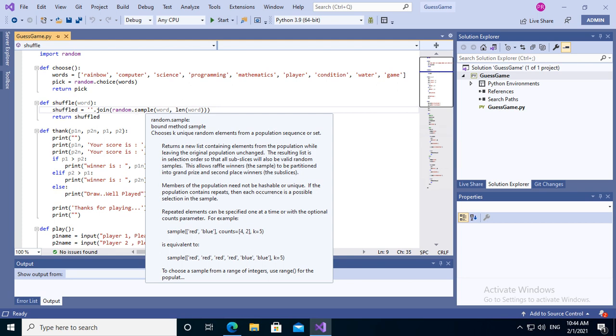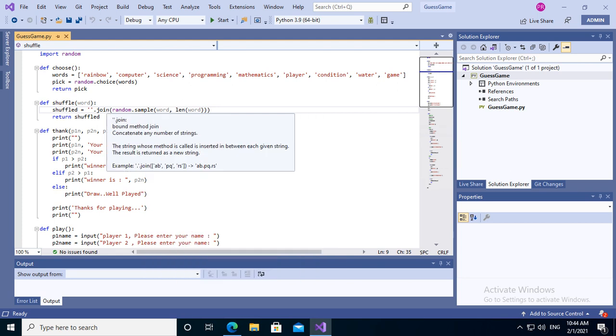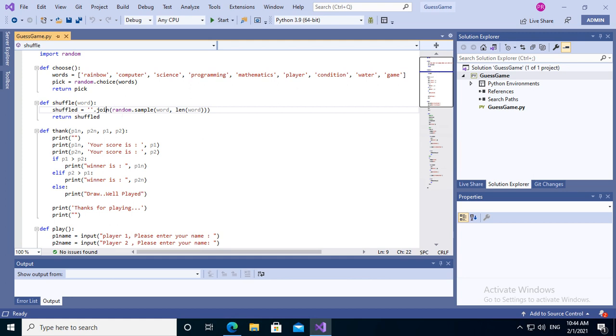Then there is the join functionality that joins the letters after shuffling, and it is basically a separator. You can take any separator like a comma and a space, and I have just taken a blank separator and then returned the shuffled word. Thank I have already explained.